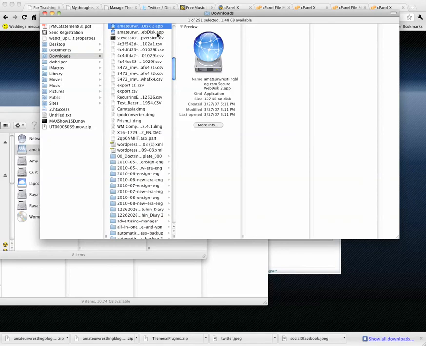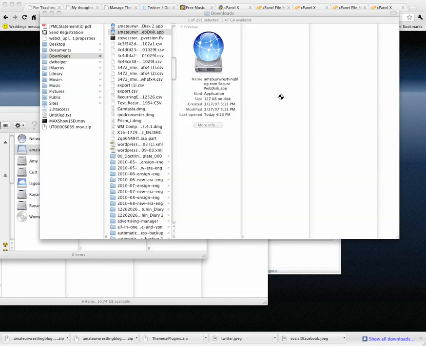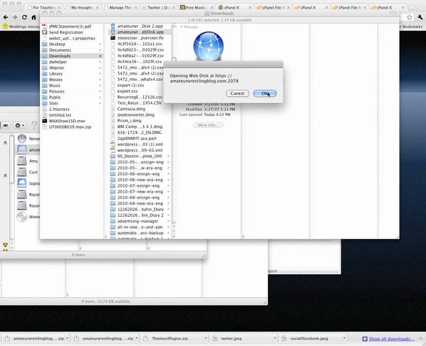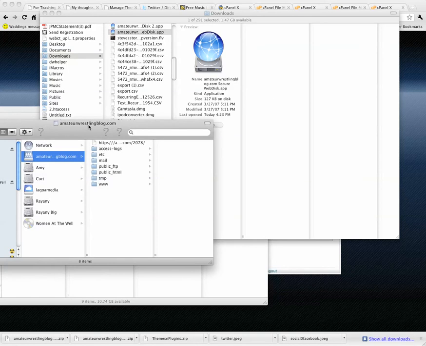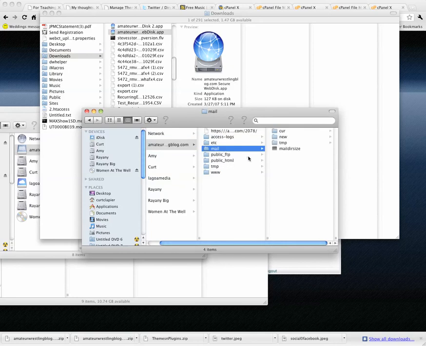I've actually already done this, so I'm not going to do it again, but it'll open up a folder for you. It'll do its thing. Just follow the prompts and do what it says. Okay, when you get done with it, you'll have a disk on your computer. Okay, it'll tell you to run the script or something to that effect depending on your system. Click OK, and it creates a folder on your computer that is your website. Okay, this right here contains the contents of your website. If you don't know what you're doing, don't mess with things that